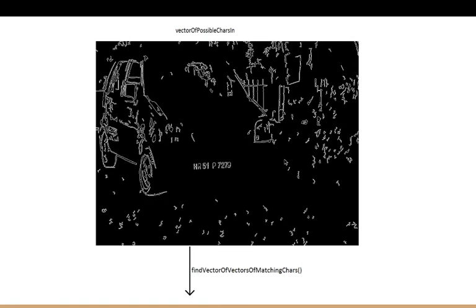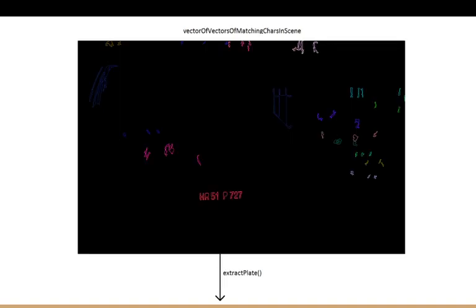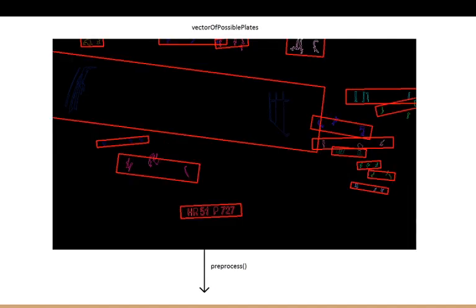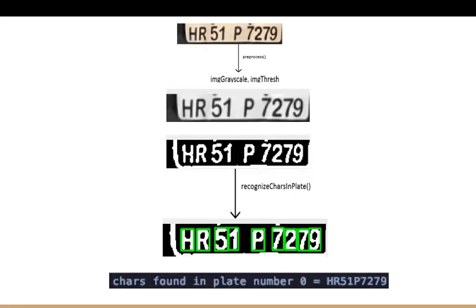and it's finding the possible characters, the potential characters, in the entire image. You can see that here it's recognized different characters, and you can see the main number plate is also a part of it, and from this we have to extract the number plate. So these are the potential number plates which are found, and this is the number plate that we need.